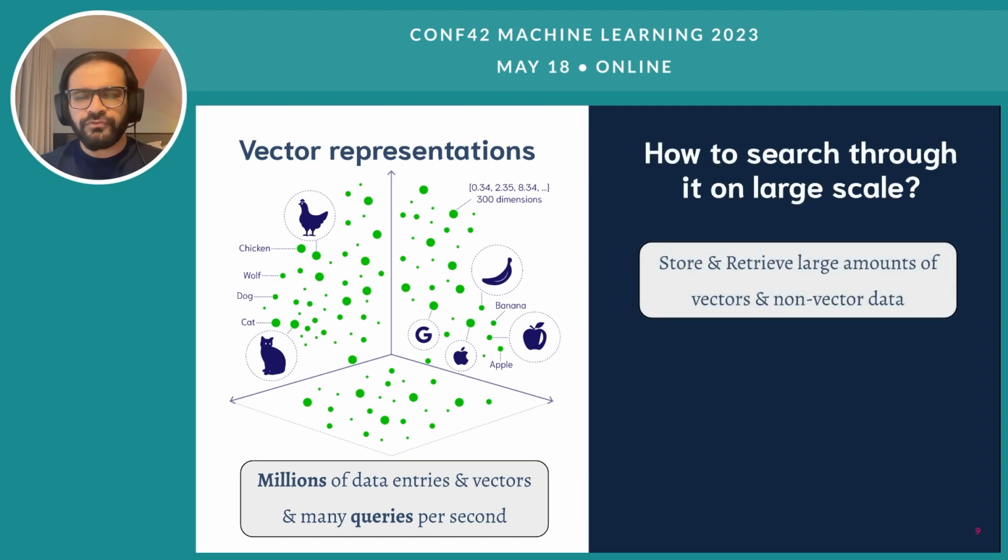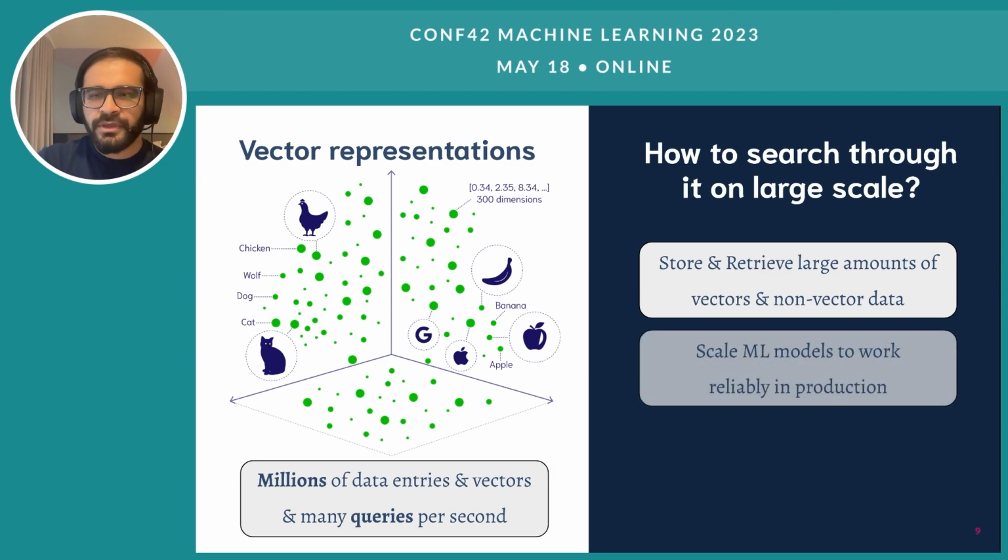So in order to be able to search over our data, we need to first of all store billions of these data objects, both the vectors as well as the non-vector unstructured counterparts. In order to have this happen, we need to have our machine learning models work at scale in a production level environment. And so the idea is that every time an unstructured data object comes in, it has to go